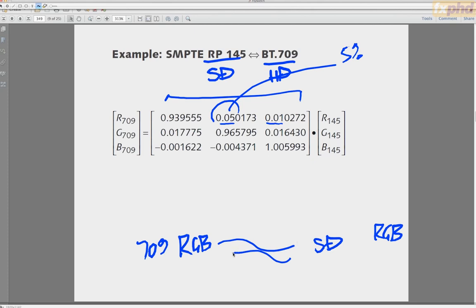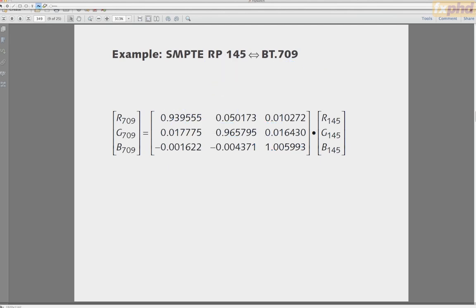So whenever you want to ingest SD into 709, you really should do this transform. But this is an example where the numbers on the diagonal are pretty much 1. Well, 94%, 96%, 1. But there are some terms off the diagonal. If you don't do this matrix, you'll generate some errors. But you might ask,